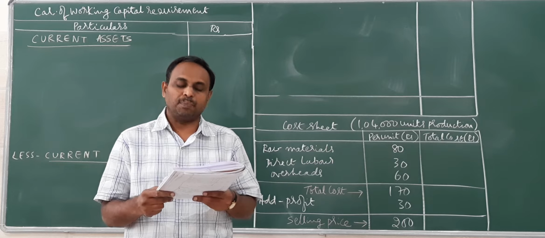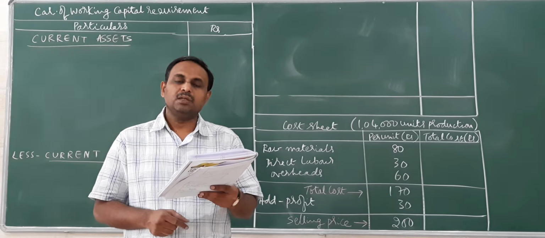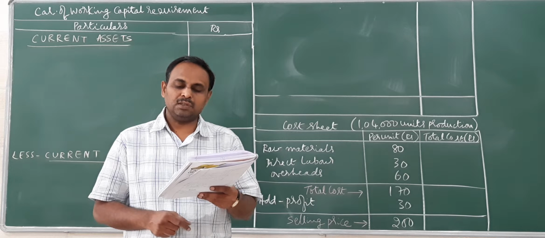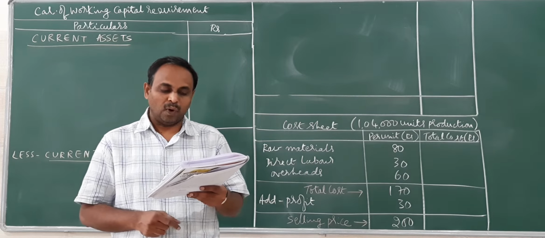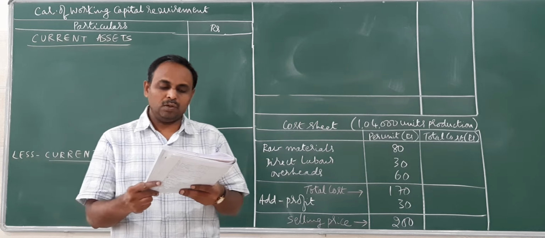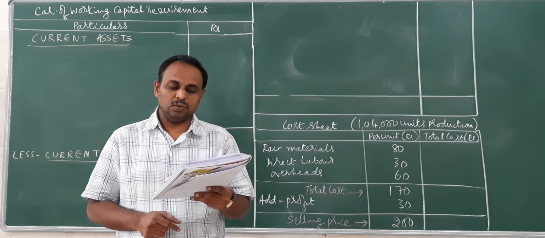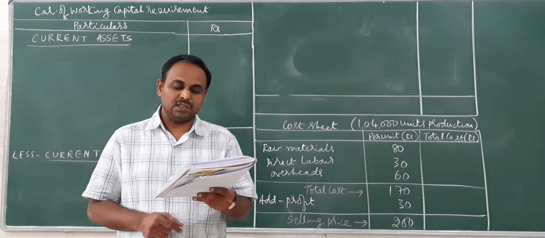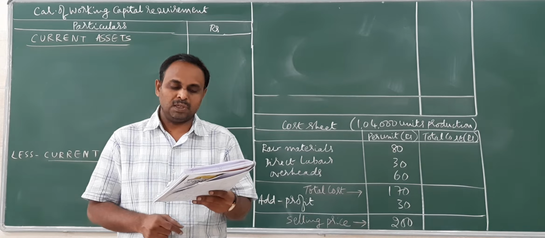You are having a selling price. That is the first thing. Then you have raw materials in stock, average for 1 month, work in progress in stock for an average of a month, finished goods in an average of 1 month, then credit allowed by suppliers 1 month, credit allowed to customers 2 months, lagging payment of wages 1.5 weeks, lagging payment of overhead expenses 1 month.